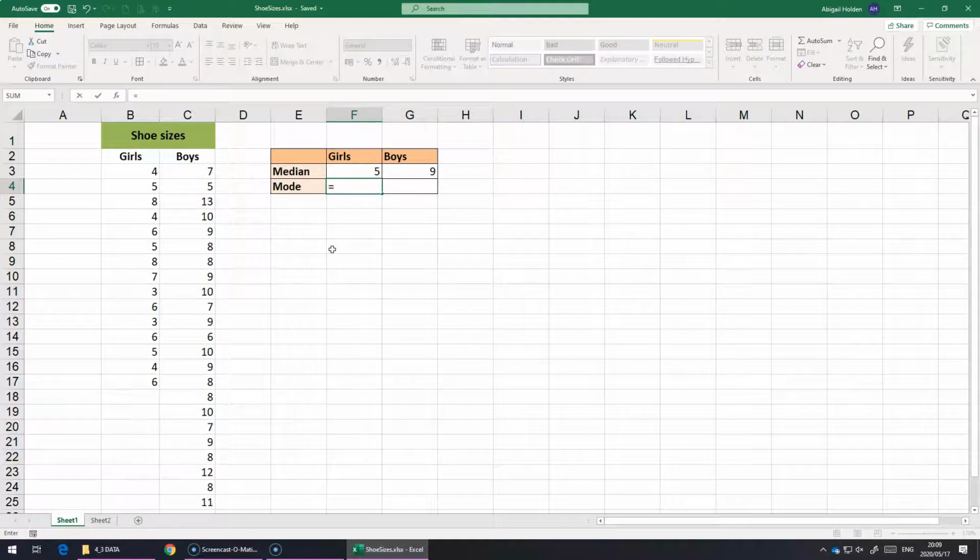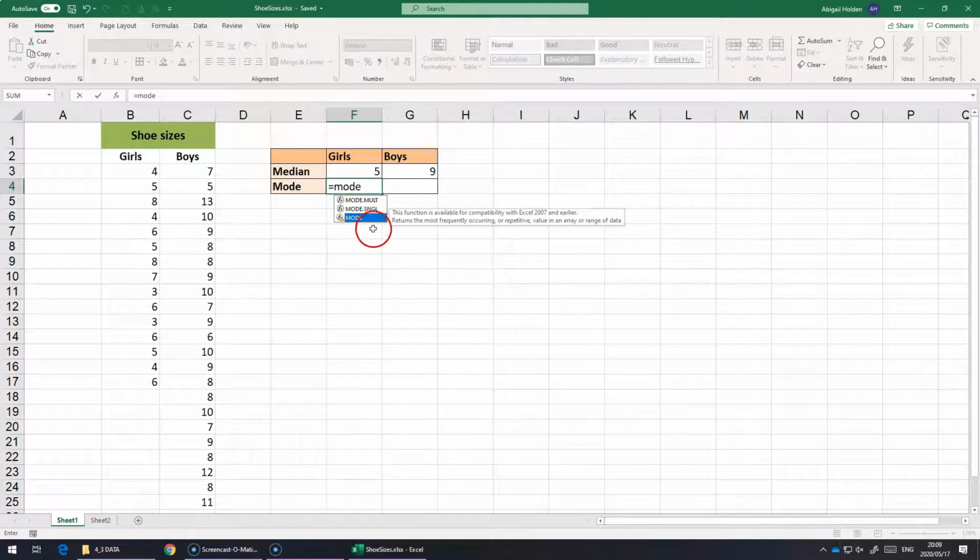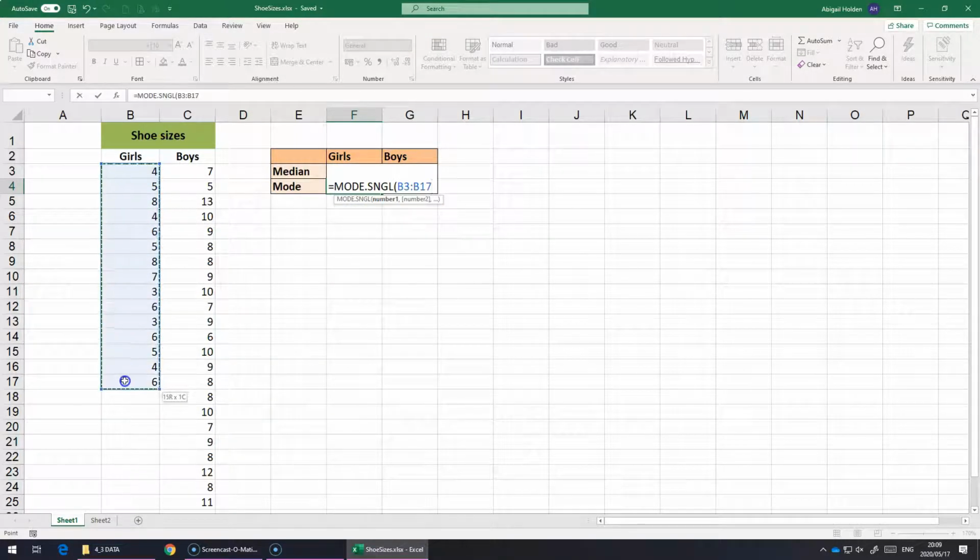So we're going to go equals mode, and once you start typing it, you'll see there's actually three options here. Mode is the older version of the function. Excel has since replaced it with this Mode.Sngl and Mode.Mult. We'll use this Mode.Sngl as it's the closest to what we want here. And we simply have the range of numbers, and we'll get the most repetitive number in the list, which in